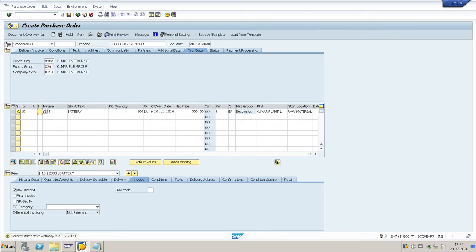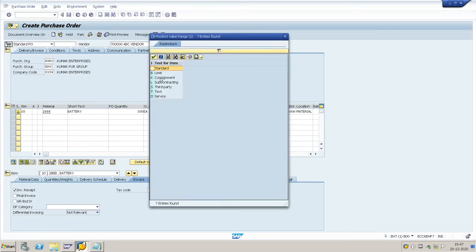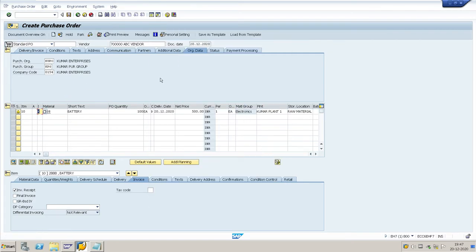You mention the item category, which is mandatory. For item category, enter K. K means consignment.